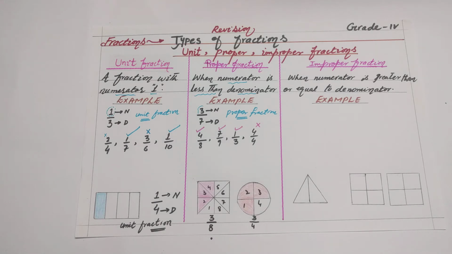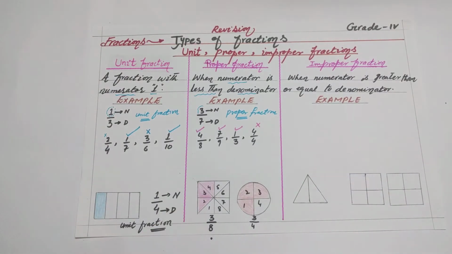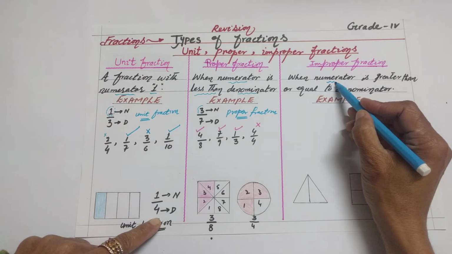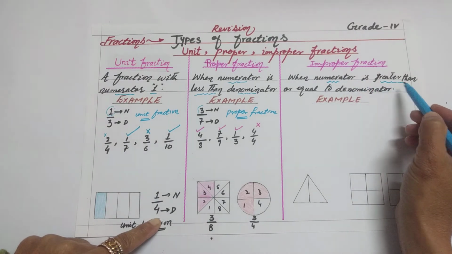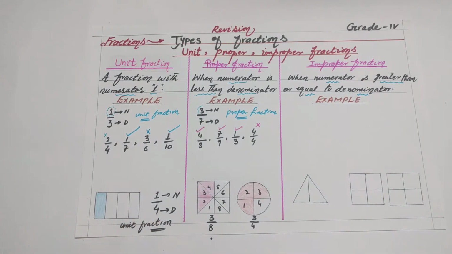Now I will explain improper fraction with the help of an example. Here we have two conditions: one is for greater than and the second is equal. When the numerator is greater than or equal to the denominator, in improper fraction we have two conditions. Okay,